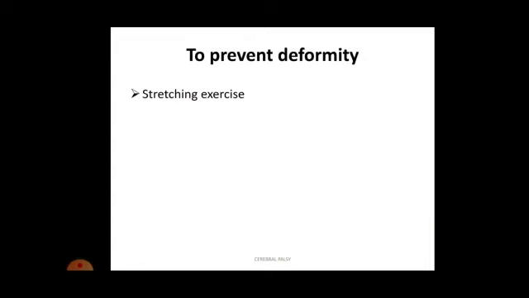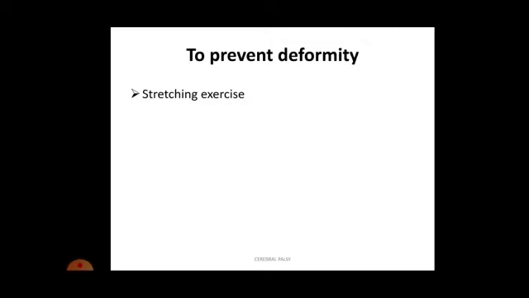So why does deformity develop? First of all, we can think that most of the patients are spastic; 90% of cerebral palsy patients are spastic. So the spastic muscle will remain in the shortened position. That shortened position of the muscle will lead to contracture, and due to this contracture there will be deformity, okay? So once this deformity has already developed, then there is no role of physiotherapy; then the patient needs surgery.